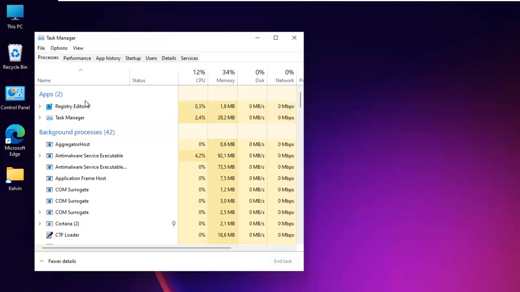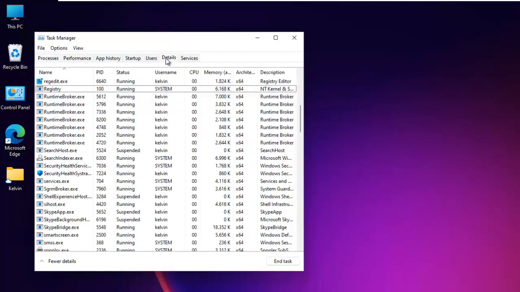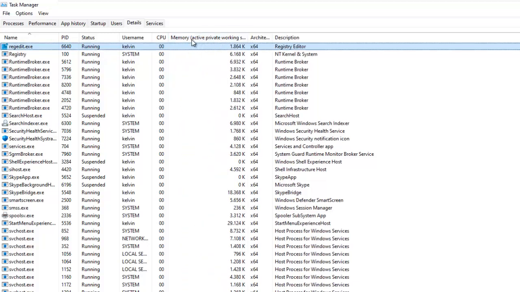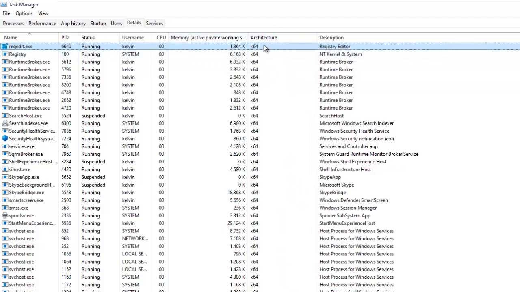So I can find more details and information about this Registry Editor. This helps a lot if, for example, you connect to a remote computer and you want to see more details about the app that is causing the problem. You can go to Details here. Here you can see we have the registry. Let me expand this. You can see the registry is opened by me, the state is running, and I can see how much active memory it is using, and that it's a 64-bit architecture. I can see the description, which says Registry Editor, and the process ID of this Registry Editor is